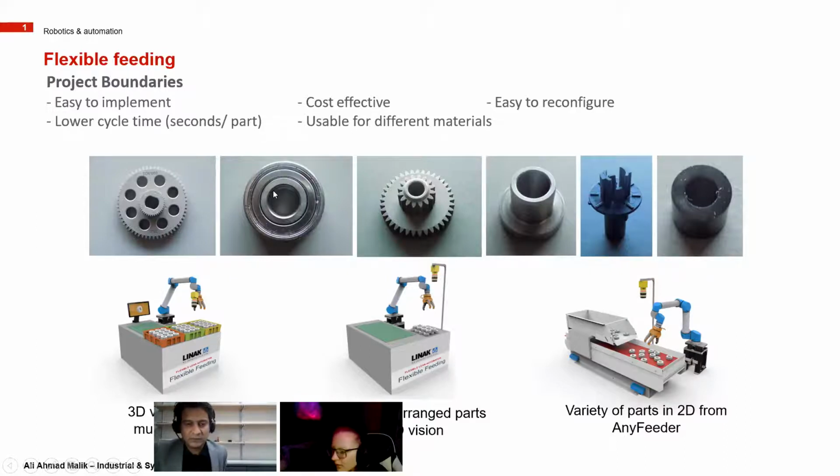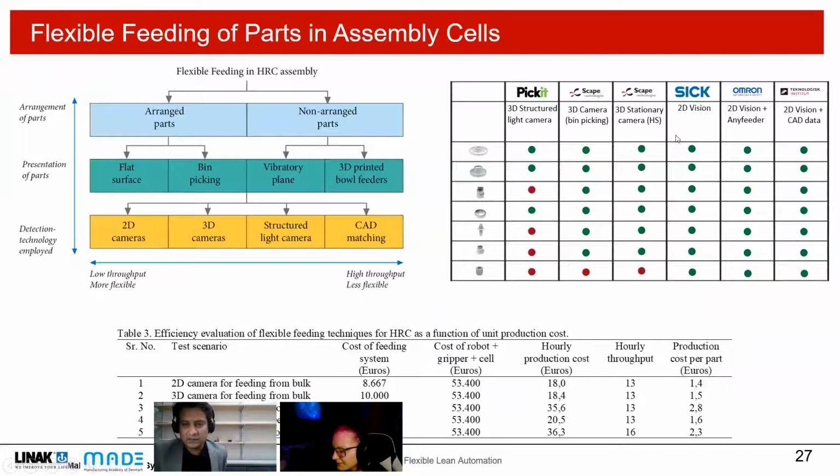We could see that almost all of these are off-the-shelf solutions for vision cameras for flexible feeding, and almost all the cameras were able to pick the components that we used for testing. This Picket 3D camera was least accurate,